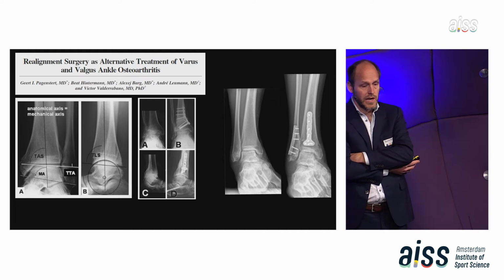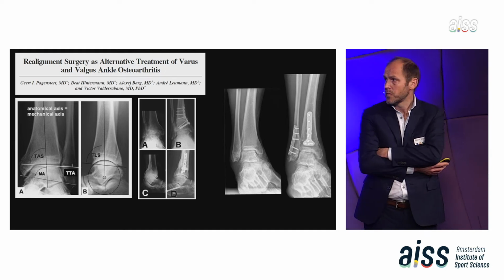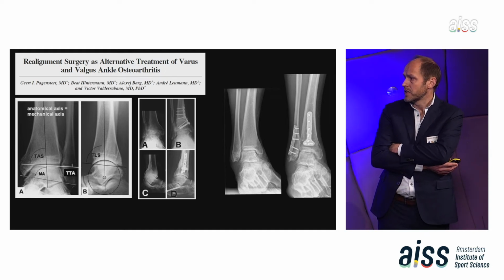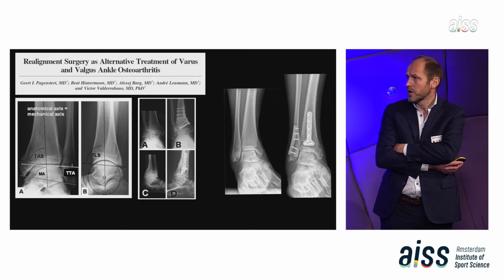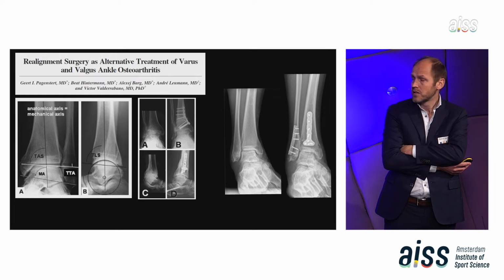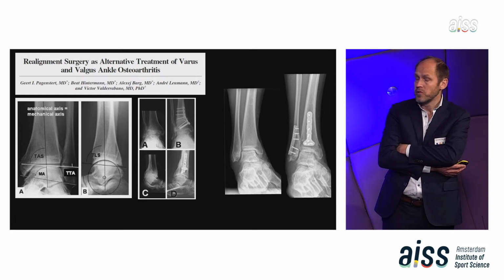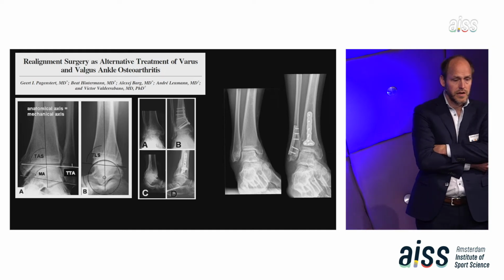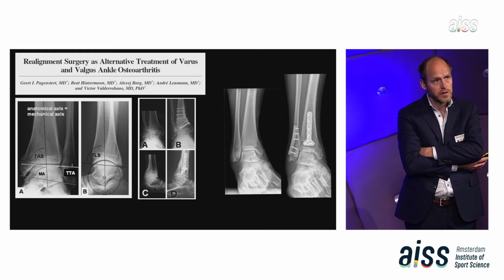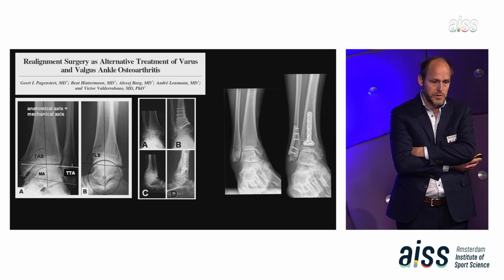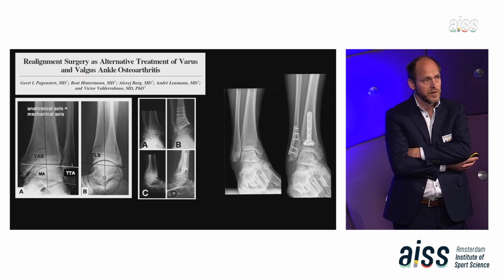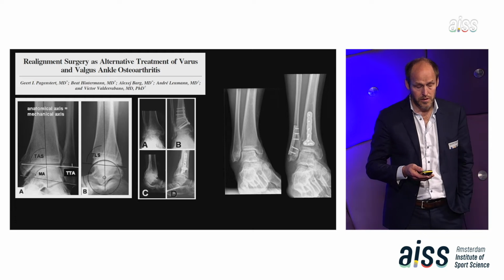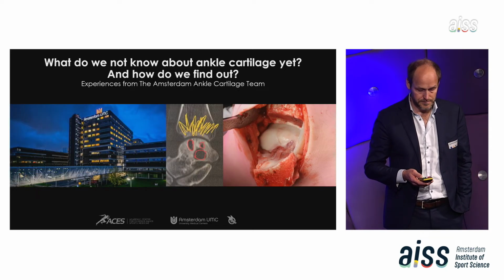We know that realignment surgery helps in creating a better environment, that asymmetric loading and peak pressures lead to cartilage degradation, and that realigning and distributing pressures is helpful. But also here, surgery is not the only option, and we need to combine our strengths to find future cartilage treatment solutions. Jari, from here you continue.